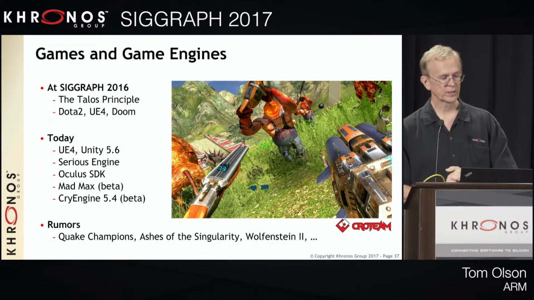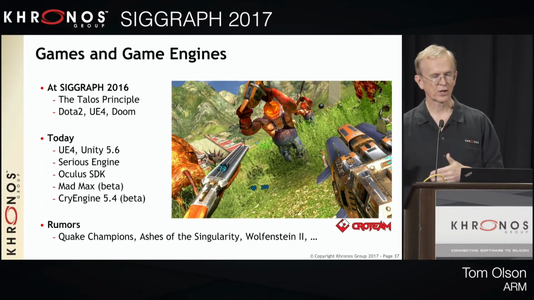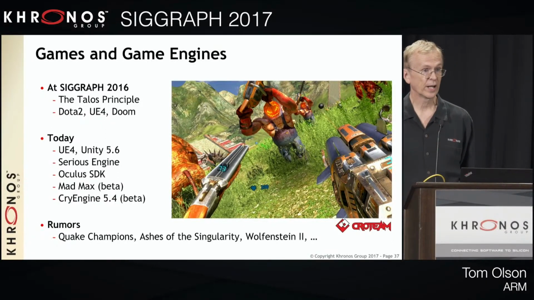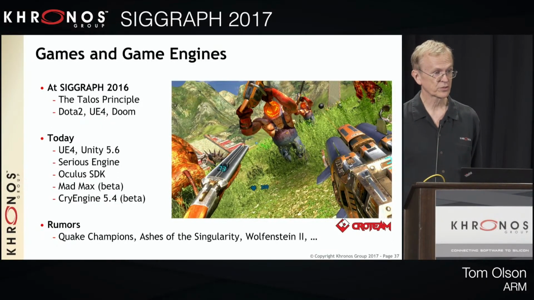At the other end of the spectrum, moving from hardware to software, last year we had interesting demos and some early products. I think Talos Principle was in full release, maybe it was still a beta, and of course there was Doom, which got a lot of attention. But it was still definitely experimental. This year it's much more production. Production Unity 5.6, Unreal Engine 4.